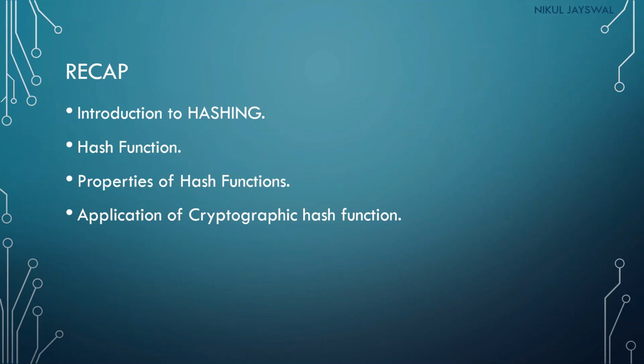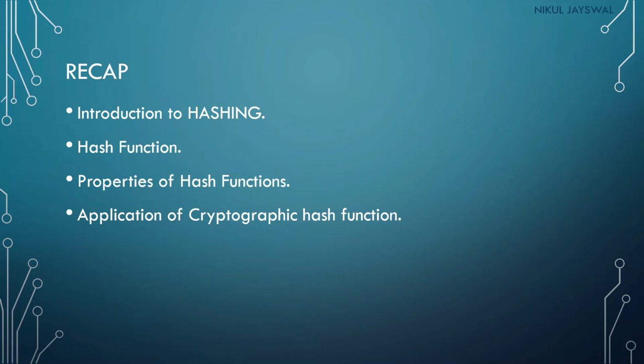Now the receiver will extract the hash value from the message, and it will again recalculate the hash value from the received message, and after that it will compare the recalculated hash value and the received hash value. If both the values are the same, then the receiver can identify that unauthorized modification of the message has not been done. If the received hash value and the calculated hash value do not match, then it may be possible that unauthorized modification has been done in between the transmission of the message. So that was the hash function.